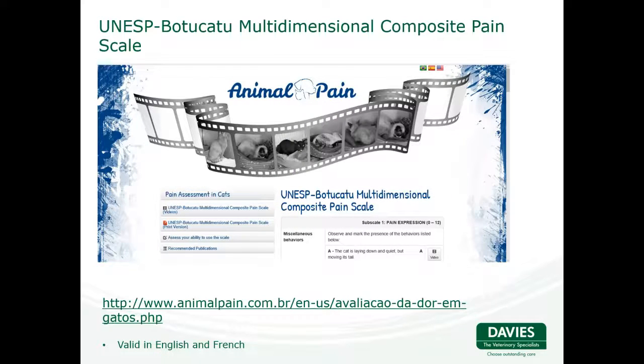In addition, I put this in because it was actually the first of the validated feline multidimensional composite pain scales. And this is the Botucatu one. Botucatu refers to the university in Brazil that devised this scale. If you just Google it or look at the link on the bottom, it's a nice resource with lots of videos. Unfortunately, because I'm covering quite a lot this morning, I didn't have enough time to show you lots of videos